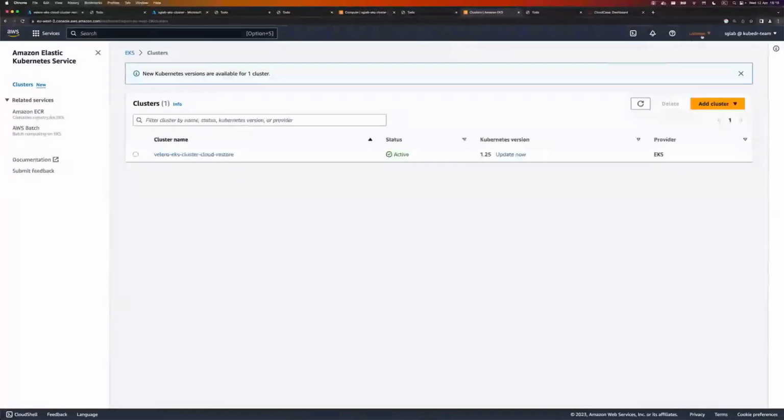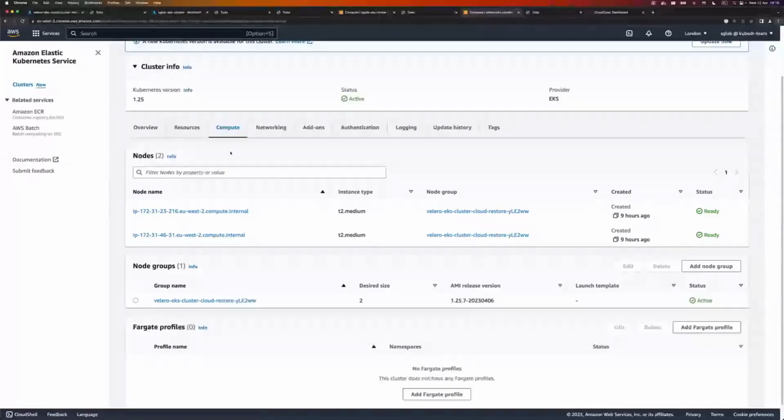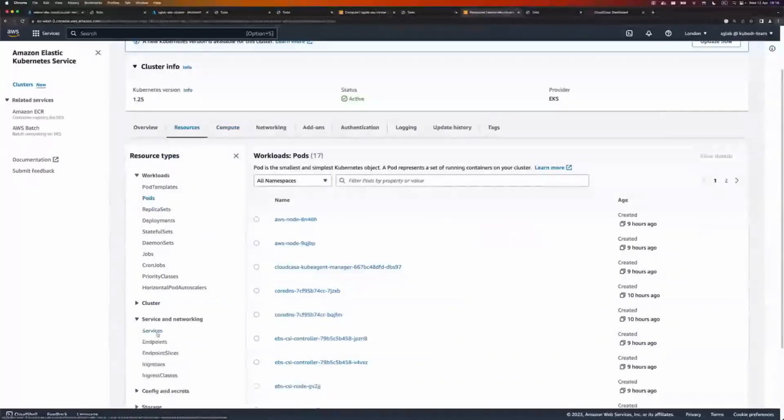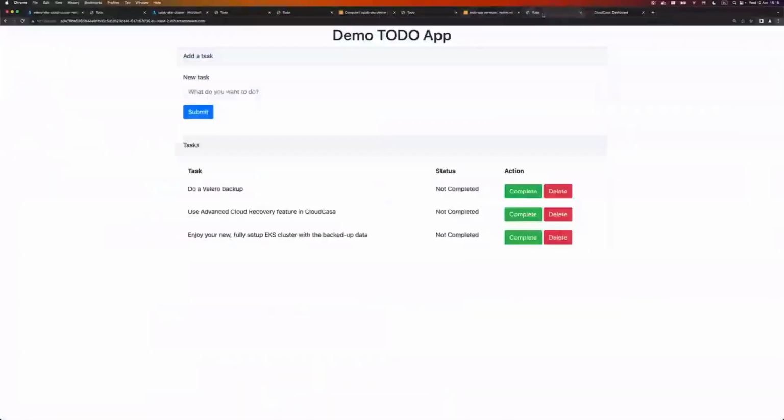So now if I go to clusters on my AWS console, you can see the location is now London, and I can see my newly restored cluster over here. If I click on that, under compute, I can see 2 T2 medium instances as we selected. And if I go to resources, service networking, services, to-do app, I can see the load balancer URL, which I